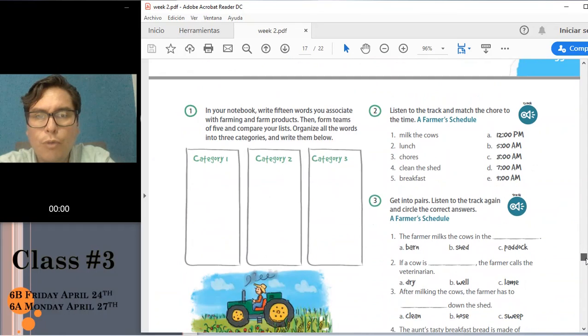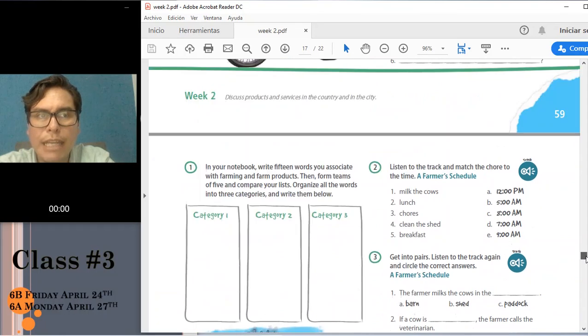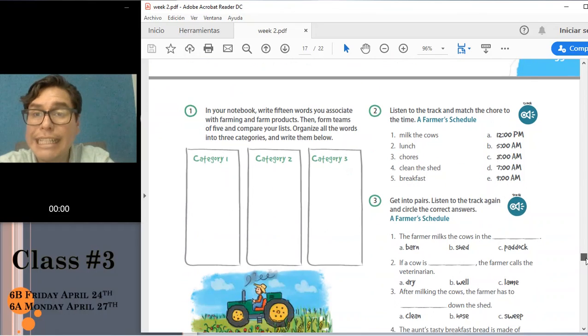Activity number 1 on the next page, page 60. Activity number 1, in your notebook, write 15 words you associate with farming or farm products. Then form teams of 5 and compare your lists. Organize the words in 3 categories and write them below.